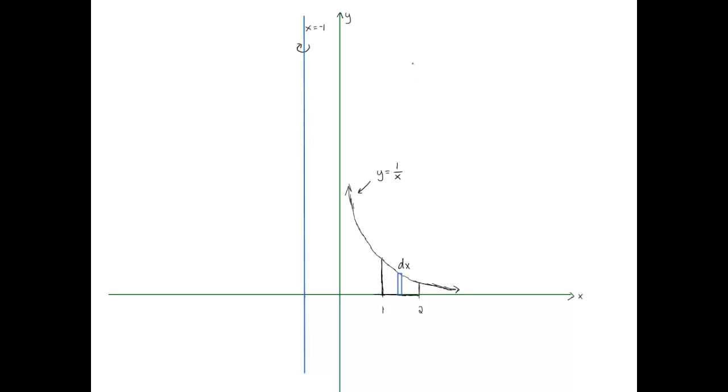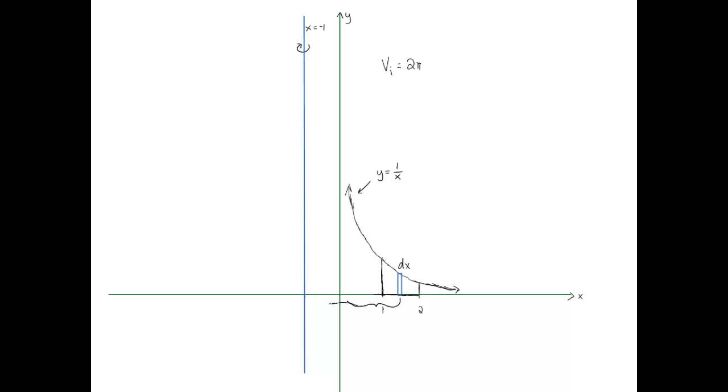And of course, I did a proof for the cylindrical shell method a while ago. So if you watch that video, you could see how this is done. But I know the volume of this ith ring is going to equal its circumference, so 2 pi times its radius here. And so the radius of this is the distance